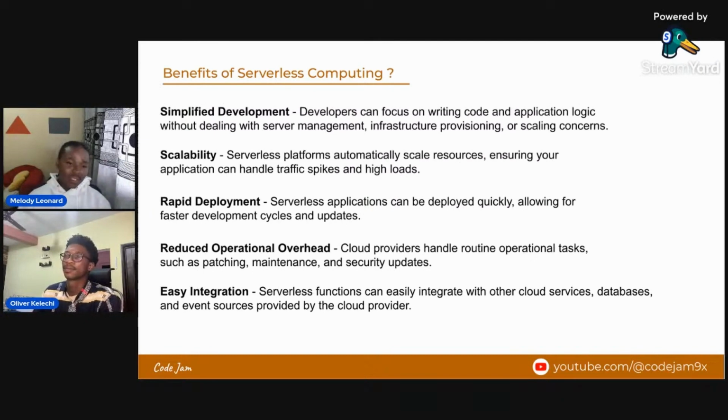We have scalability. Serverless platforms automatically scale resources, ensuring that applications can handle traffic, right? So when there's a traffic spike, your serverless provider auto scales up and scales down, making sure that traffic spikes are being handled correctly. And when there are cases where you're not using your serverless system at all, you're not heavily being charged for what you're not using. So it's more like you're paying for what you're using,